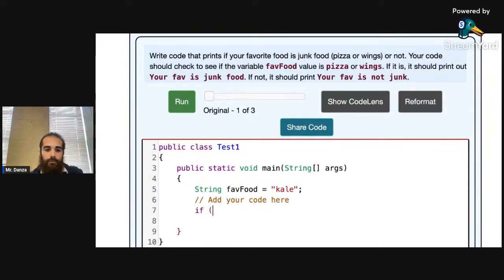So if favFood.equals("pizza"), or the double pipes, copy this, favFood equals "wings",